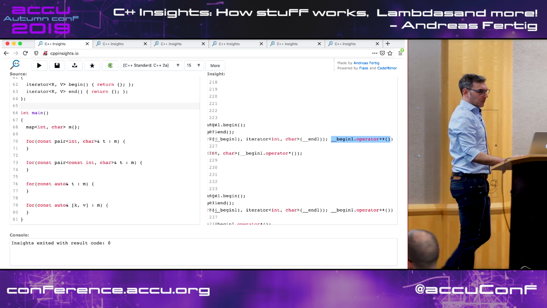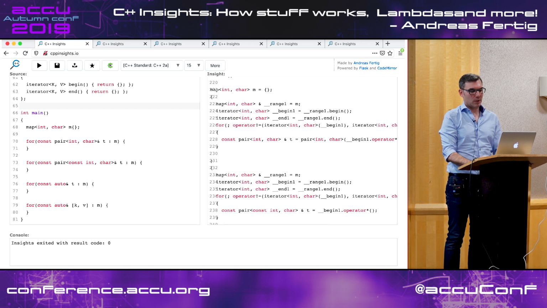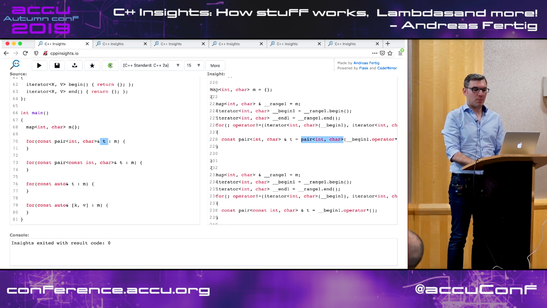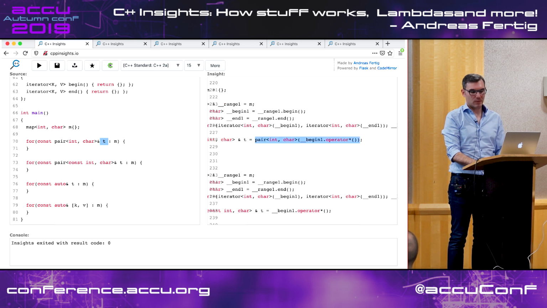And now, if you look at what we are getting out here, we can see this is our range variable t as requested here on the left. And this is of type pair int jar as requested, as well as here. But we can see that this thing here looks like a construction, which is what we are getting here.